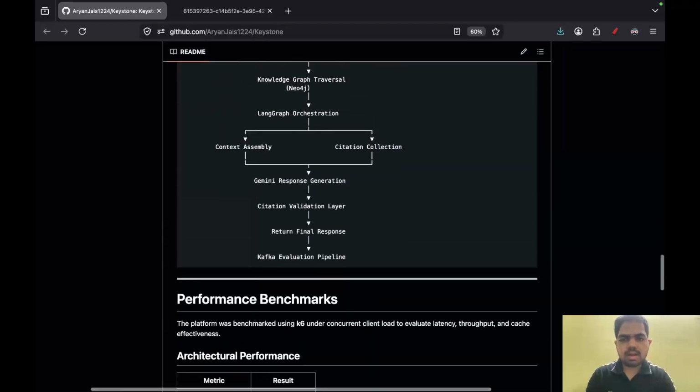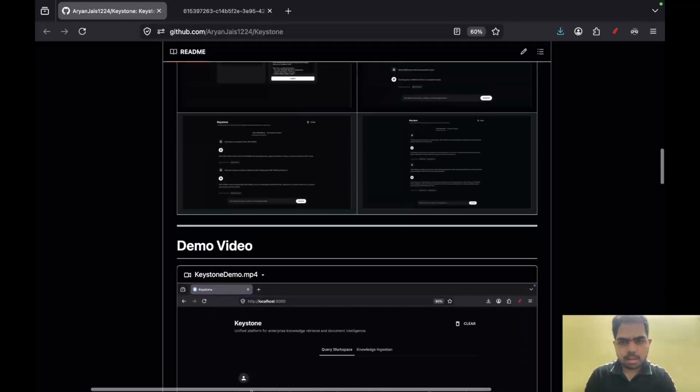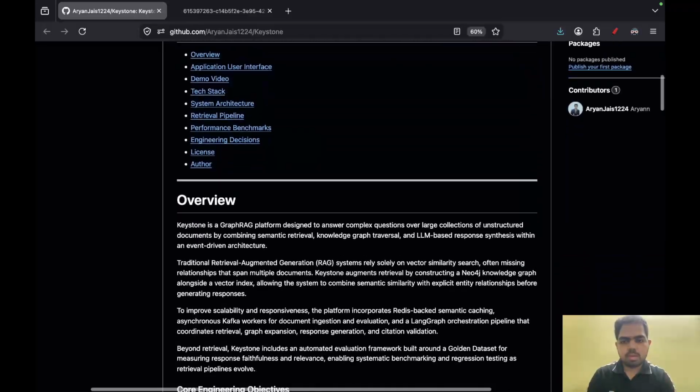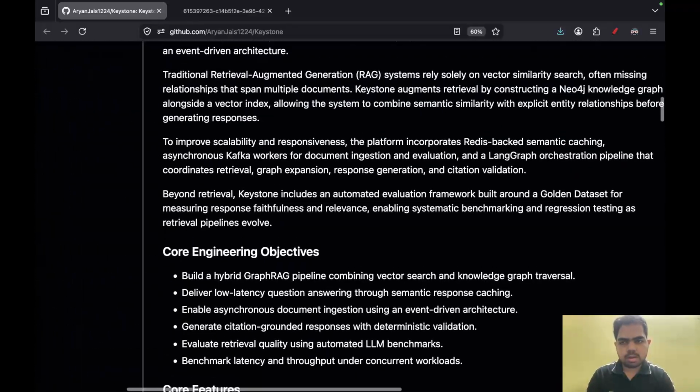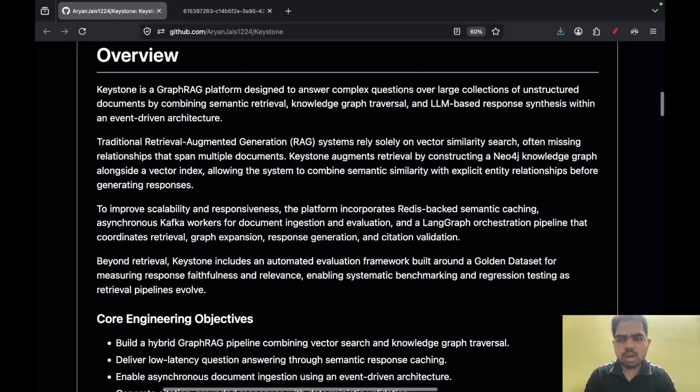So yeah, that's more or less about the project Keystone. Again, Project Keystone is a GraphRAG platform designed to answer complex questions over large collections of unstructured documents by combining semantic retrieval, knowledge graph traversal, and LLM-based response synthesis with an event-driven architecture. So that's it for this